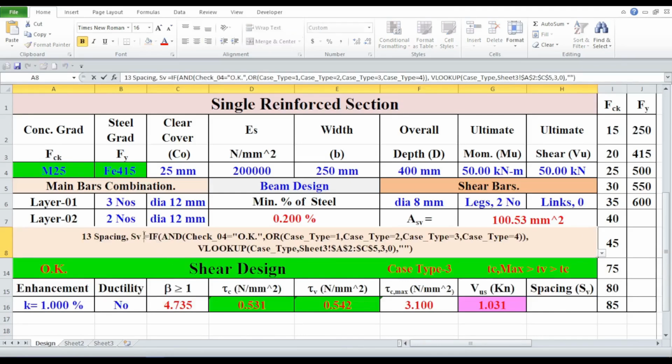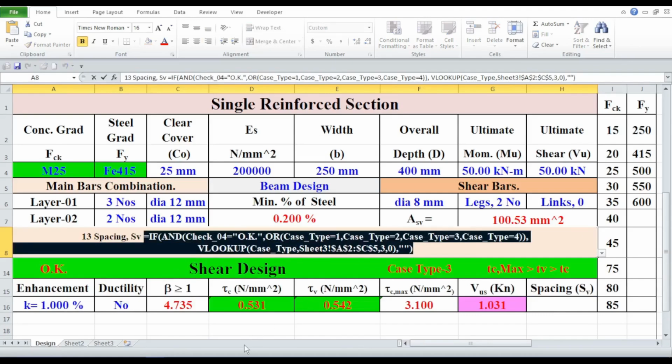We'll select formula number 13, and let's take a look at the formula: equals if, open parenthesis, check_04 equals "OK", comma, or, open parenthesis, case_type equals 1, case_type equals 2, case_type equals 3, case_type equals 4, close parenthesis,